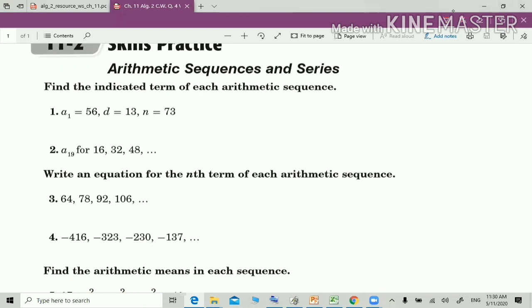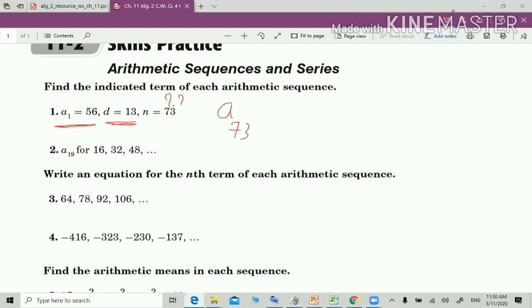Number 1. A1 is 56. Here he is telling you the value of A1. D is the difference, the common difference. N is 73, we need to find A73. A73 means the term number 73. So here I am giving you A1, the first term. The difference is the number you get if you subtract each term from the previous. Find A73. So I will say